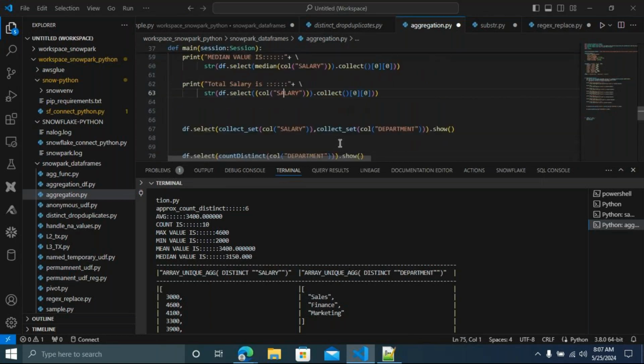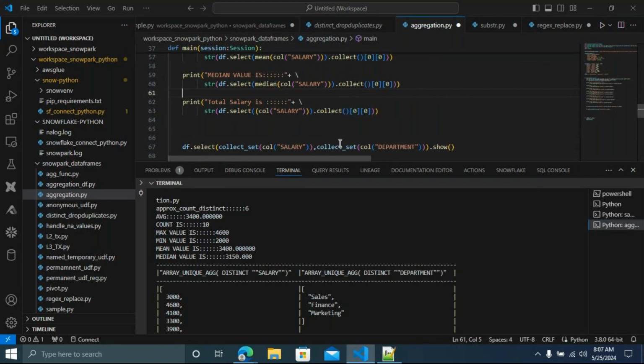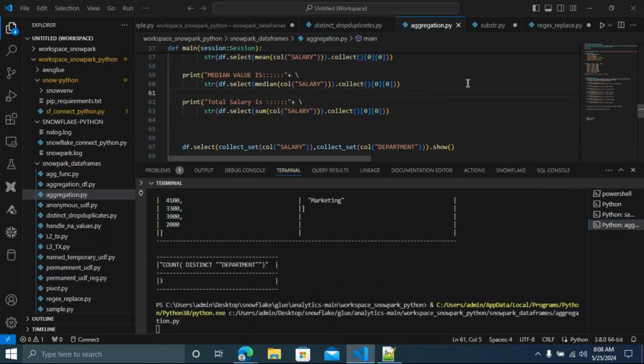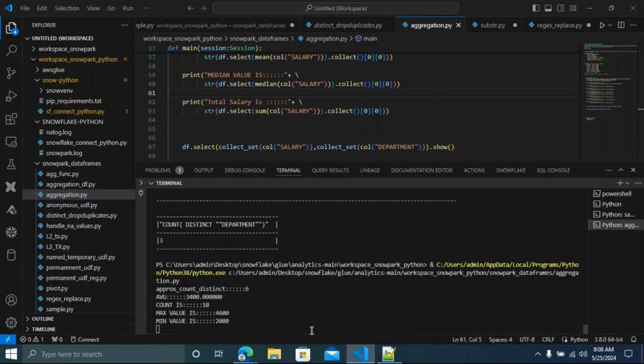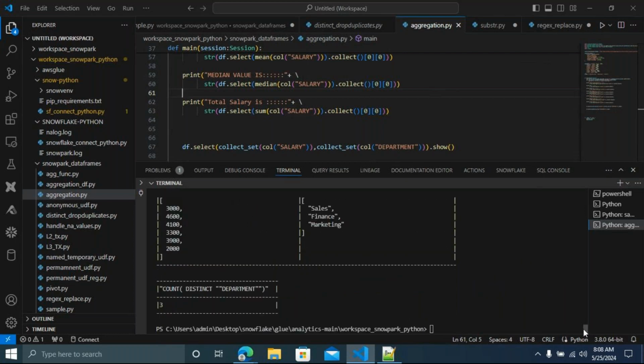Let's go here, and then you can put sum here. Yeah, it's still running, guys. Now the total salary is nothing but